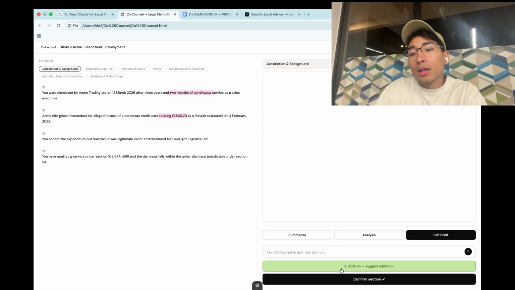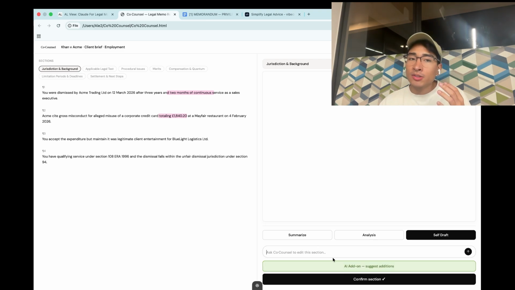What then from there you can do is an add-on suggestions edition. What this does is that anything you wrote, whether it be super long or super short, the AI will underline things and will greenlight things and will cross out things that it doesn't think is right. And you can confirm these changes or not confirm these changes.